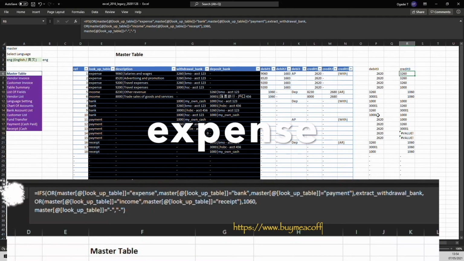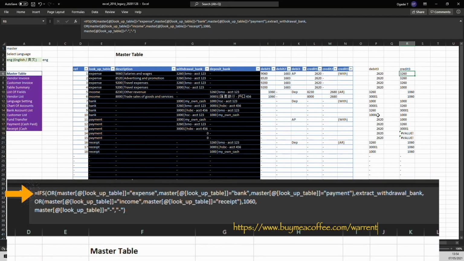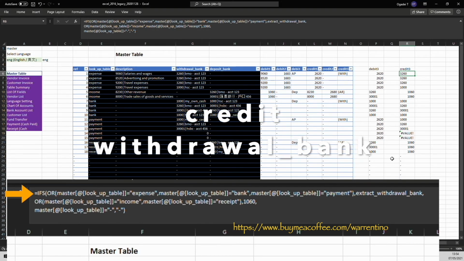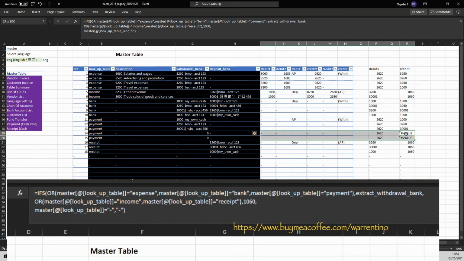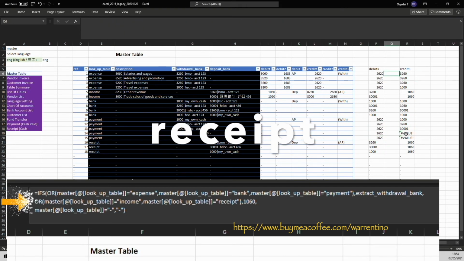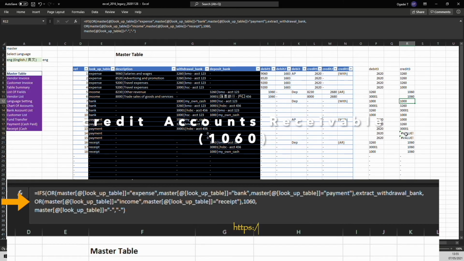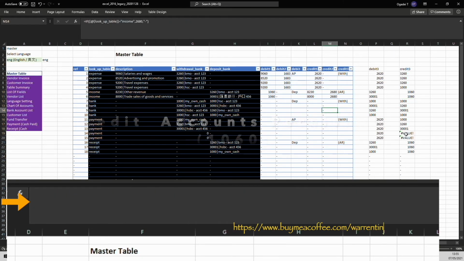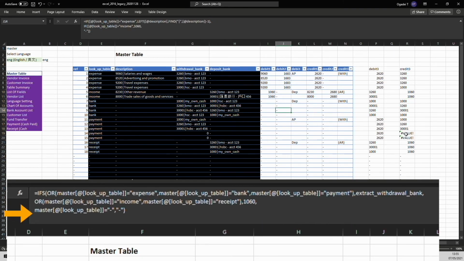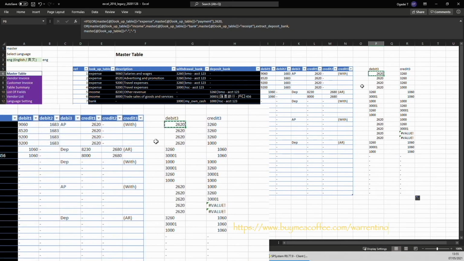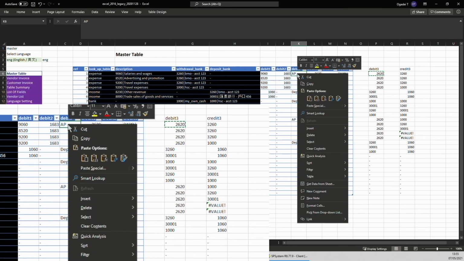In case of expense, bank, and payment transactions, we'll credit the withdrawal bank's GL account. In case of income and receipt, we'll credit the accounts receivable account, which is 1060. Anything else will return a dash. Let me copy these formulas to the debit 3 and credit 3 position.